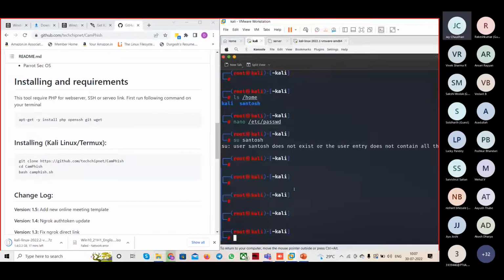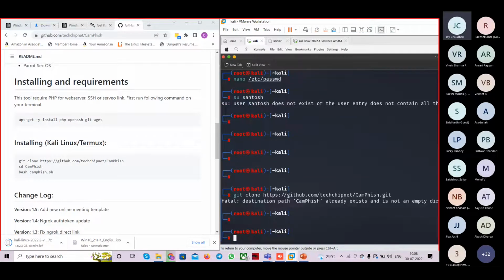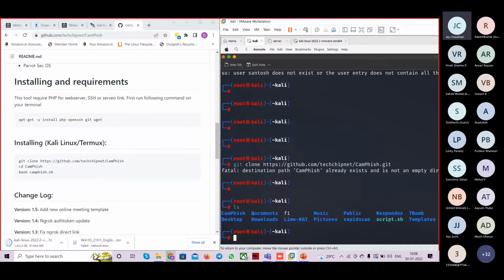ओके, सो सी, हम लोग ने अभी उसके कोड को कॉपी किया है और आपको यहाँ पे गिट क्लोन कमांड यूज करना है। गिट क्लोन, और यहाँ पे आप उसका कोड पेस्ट कर सकते हो। ओके गाइस, सिंपल एंटर मारो तो यहाँ पे डेस्टिनेशन ऑलरेडी एग्जिस्ट आएगा। सो यहाँ पे अगर मैं एलएस करके देखूंगा तो मुझे ऑलरेडी कैम्पफिश नाम से आएगा, दिख रहा है आपको। सी, दिस इज कैम्पफिश।